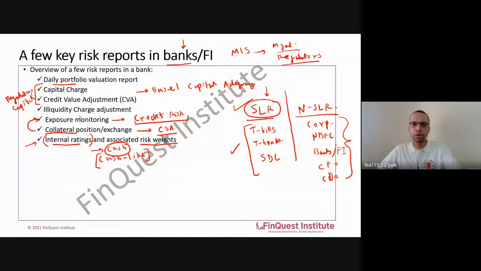Any wrong reporting will land the bank in trouble. So banks will try to automate these reports to a significant extent. Most of your ERS systems will support them, maybe a Calypso or a Murex, something we'll talk about in a subsequent slide. These are popular risk systems which you'll observe, and they can be readily configured. You can either do that, or maybe have an open source tool which can create these reports for you. Any questions on this slide or the previous slide?